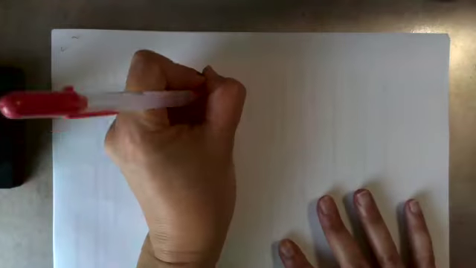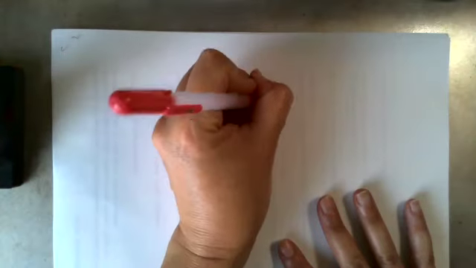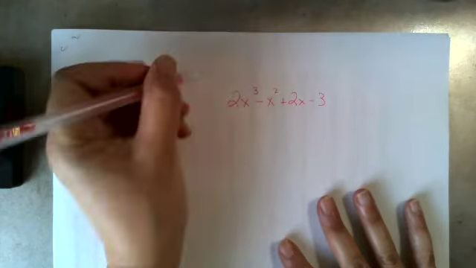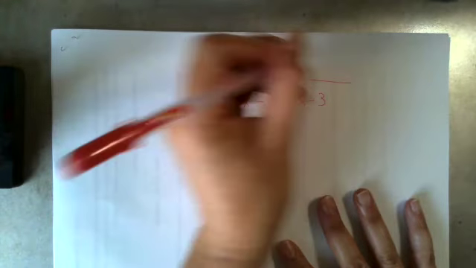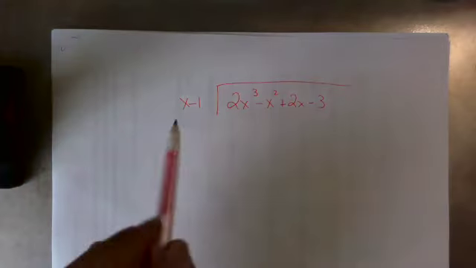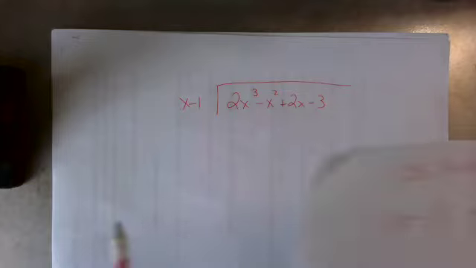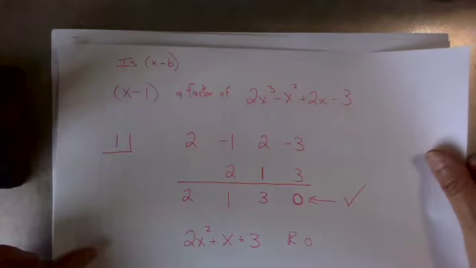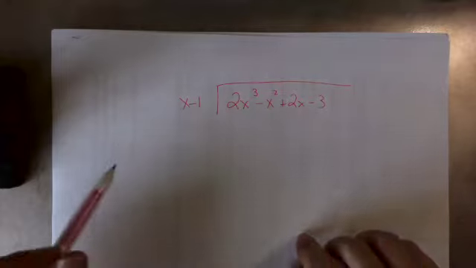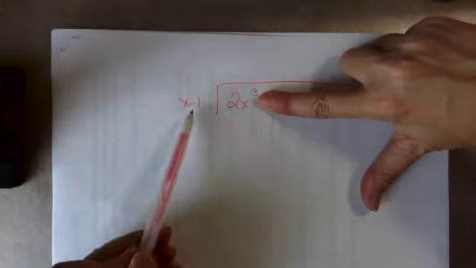And instead, I'm going to write 2x cubed minus x squared plus 2x minus 3. And I'm going to do this the old-fashioned way and divide like that. So I have x minus 1 dividing in here, and you'll see it's the same problem we were just working on. Okay, so the way I do this with polynomial division is, I like to say this is like the index finger. I go x